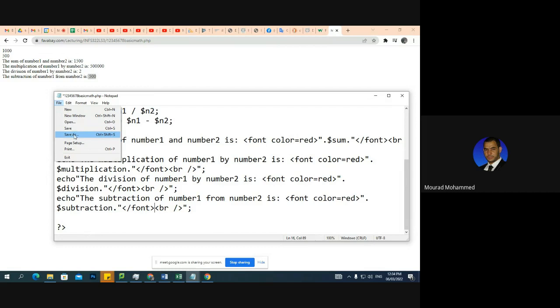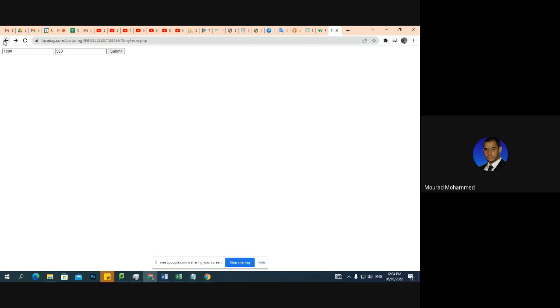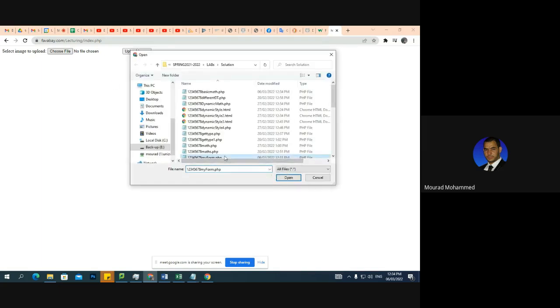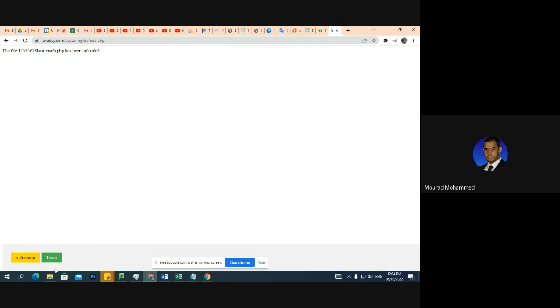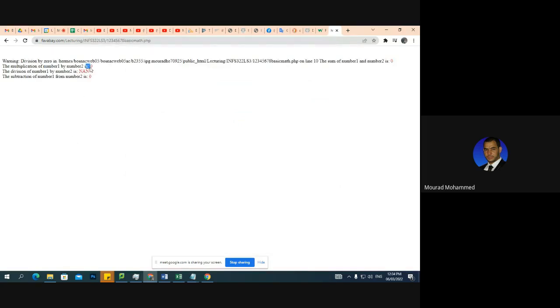Here, save as. I'm going to do save as to create a second. Well, just save, just one task, whatever. You know, we are still on the second task now. So I'm going to upload this same file, both files. Here, previous, choose the file which is the 1, 2, 3 basic math. Upload, test. They are colored, yes,